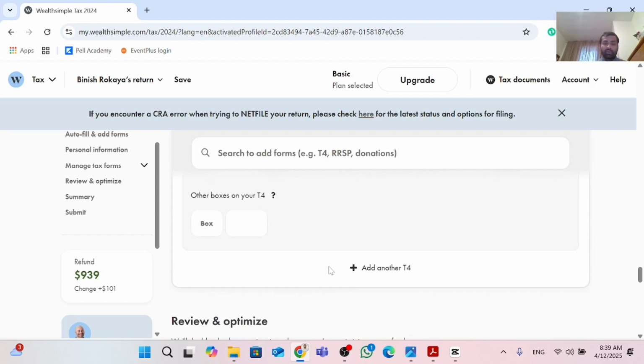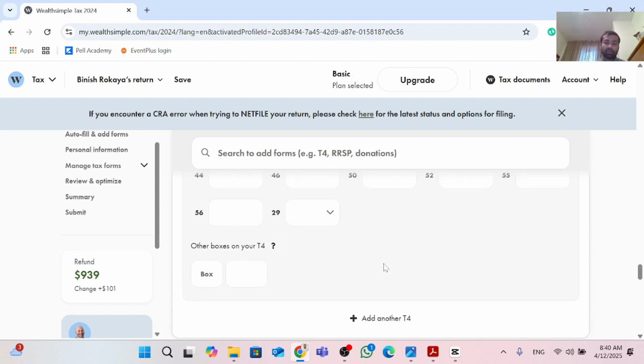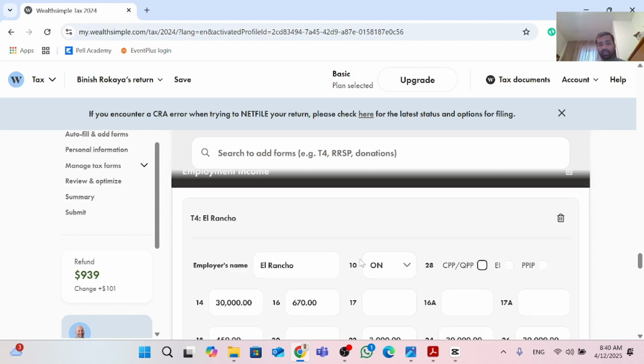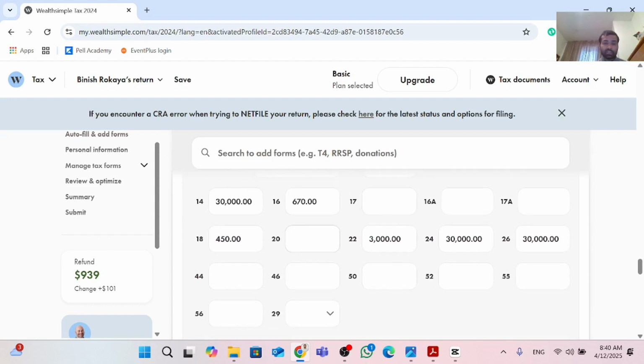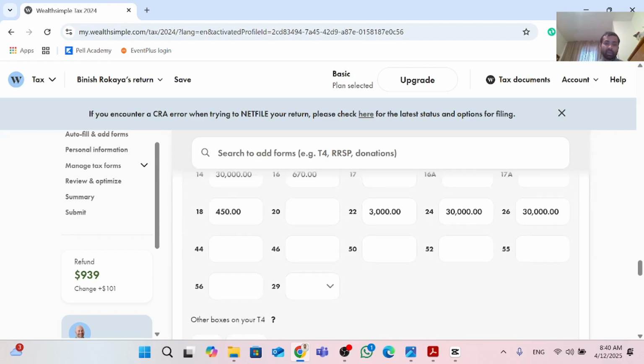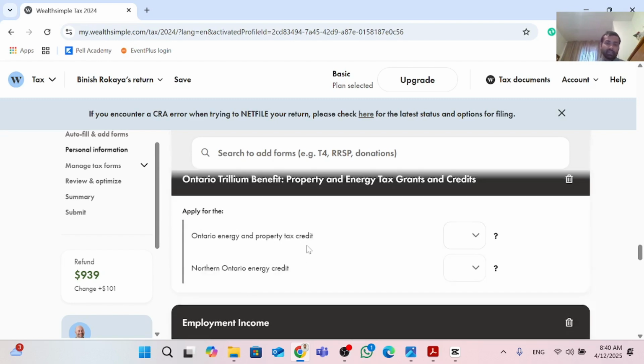And also, if you have worked in multiple places and have T4s from multiple employers, do the same: add another T4 form and fill it in like the one we just did. So this is all about T4, and I wanna add